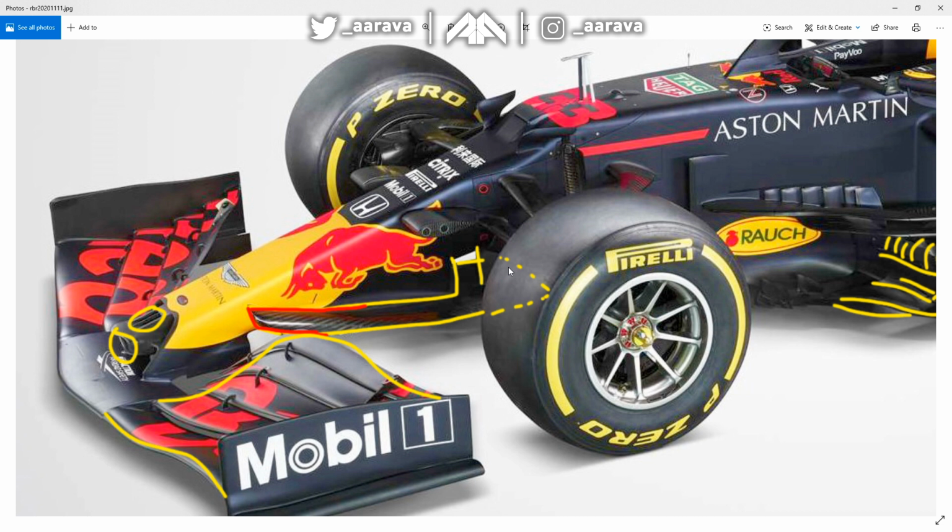Mercedes and Red Bull last year were very much in the camp opposite to Ferrari. Ferrari had this very aggressive front wing that tapered in low at the edge of the end plate, whereas Mercedes and Red Bull had it a little bit higher, creating some outwash on the front wing. Red Bull seem to have gone with a more aggressive swoop and shape to their wings and flaps rather than tapering down, because you can see the height-wise it's still very much up there, so they're still loading that part of the front wing,